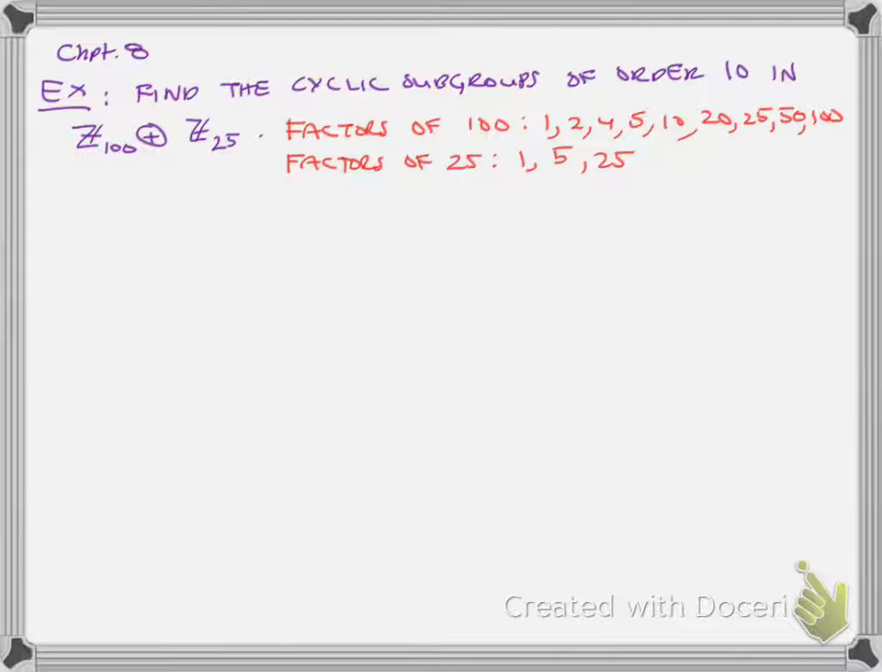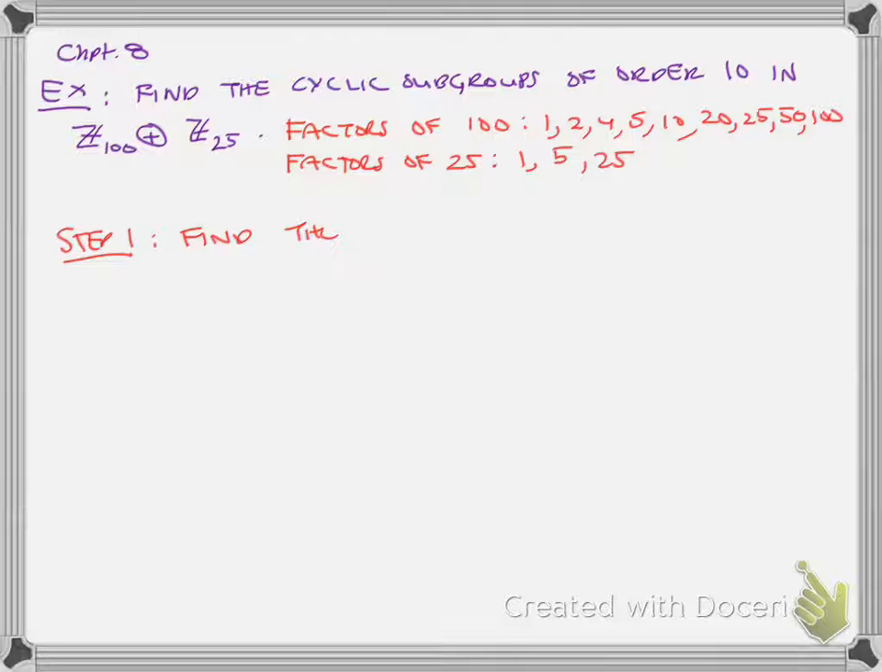So, this is an example. The last example we did in class was the problem: how many elements of order 5 in Z25 cross Z5? And now this is taking it a little step further: find the cyclic subgroups of order 10 in Z100 cross Z25. The process is similar to the last problem. We want to find the number of elements of order 10 because we're trying to find the cyclic subgroups of order 10. So step 1 in this process is to find the number of elements